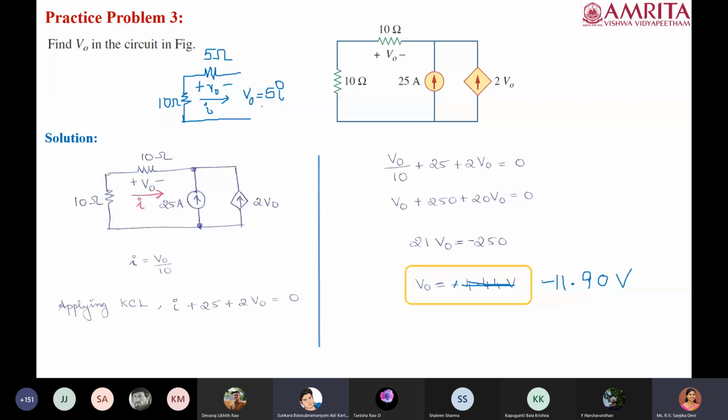Ma'am, then for the 10 ohm resistor also the current will be V0 by 5 ohm. No, see, V naught is only across this 5 ohm, right? When elements are in series, the same current will flow, but the voltage will not be the same, right? Current I is equal to V0 by 5 now. V naught is equal to 5 into I. That only, ma'am. I is equal to V0 by 5. These are in series now, current will be same now. But in that case, the voltage drop across the 10 ohm maybe it's not V naught, no? It may be some other voltage.